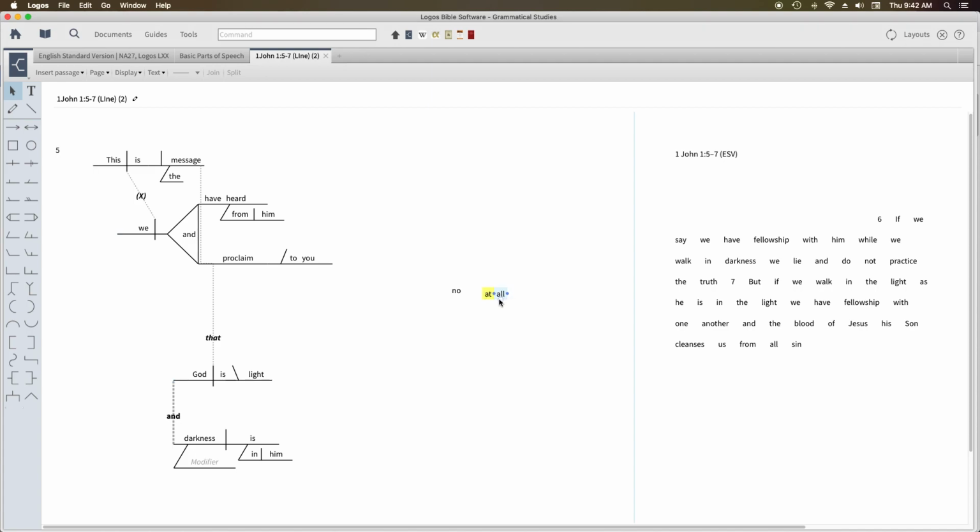Well, let me link these two words together. By the way, you can link these words, at all. And then we need no darkness. And you could actually change them around. I try to keep the order of the verse. So you have darkness, no darkness, at all darkness. So no at all darkness is in him. And so that would be